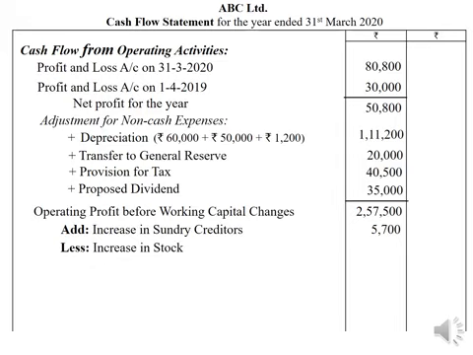Next is less: increase in stock, a current asset. If there is an increase in current asset, it results in outflow of cash. Therefore, it has to be deducted. Therefore, minus figure 13,300. The difference between opening stock and closing stock is the increase. So 13,300 is deducted over here.